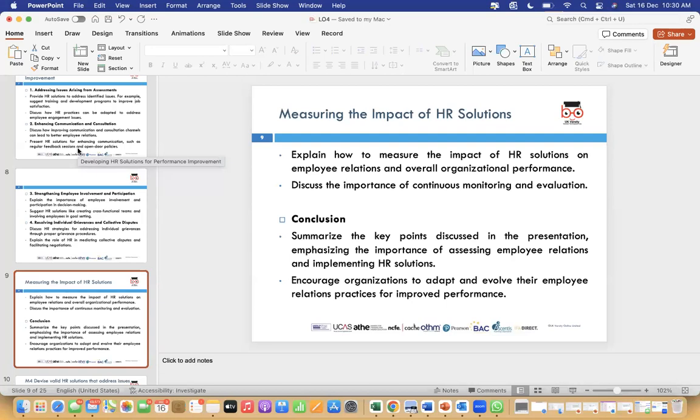Then how HR can always look at continuous monitoring and evaluation. That's important because, I mentioned this a few lectures before, there are different HRBPs assigned to different departments. So there is one HR personnel who might be assigned to the marketing team, right? What essentially would happen is I report to the marketing team. If there is any issues with any associates in the marketing team that needs HR support, I'm going to help